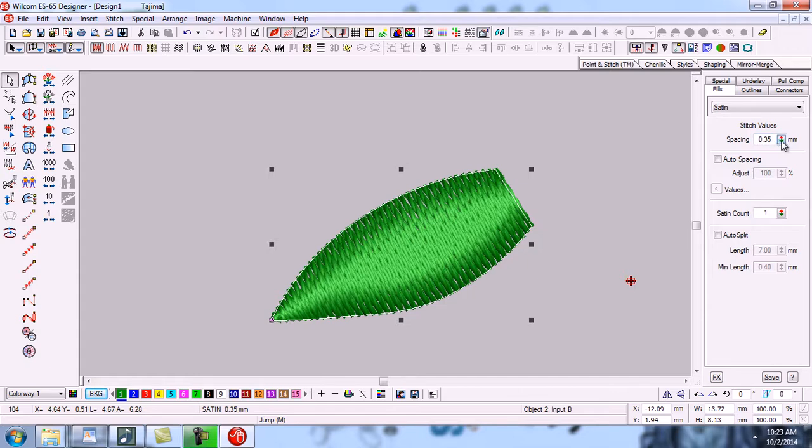You can also do it by pressing click here. Click on this arrow button, click left on this arrow button. Now move the cursor and choose the spacing value which you want to put. For example, I want to put the stitch value of 50.